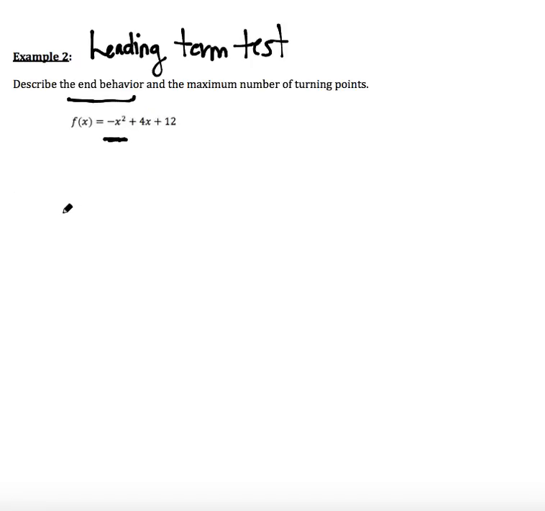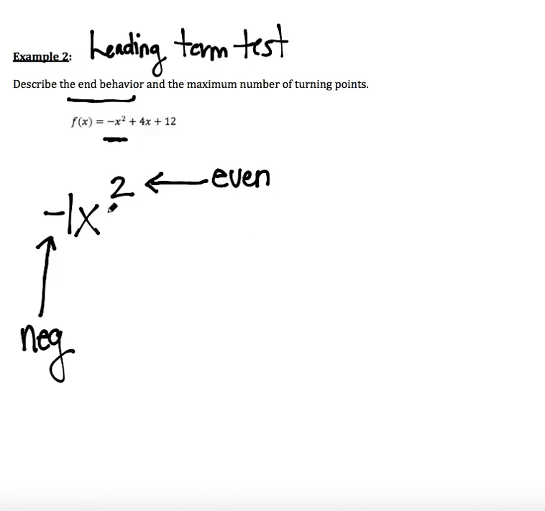My leading term is negative x squared. Now, I need to look at the leading coefficient, which in this case is a negative 1, and I see that that is negative. So I have to determine if that's negative or positive, and in fact it's negative. And I also have to look at the power. Okay, the power in this case is even. So if I have an even degree, so I'm going to write that out for you, even degree, and a negative leading coefficient,